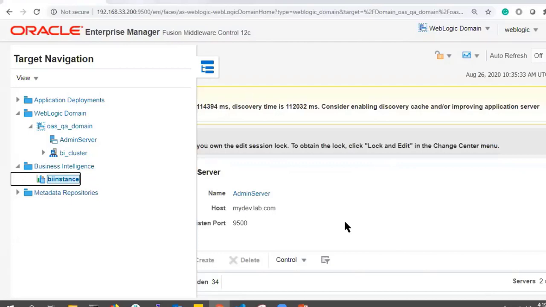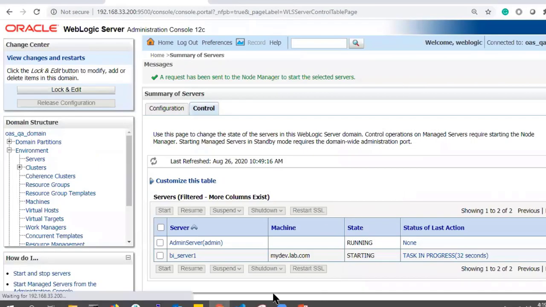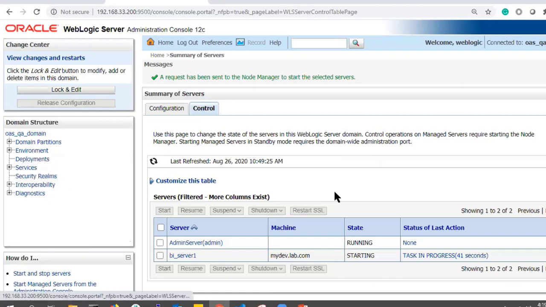So once the BI server is up and running, then you can restart all services, whatever is running. And you can also see the deployment. At the moment the server is in starting state. So if you go to the deployments, in the deployments you can see the components which are related to the BI server will be in not accessible or not active state.